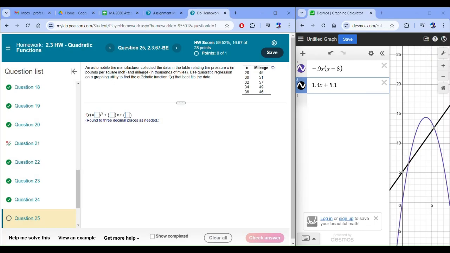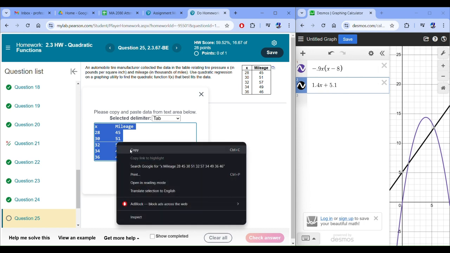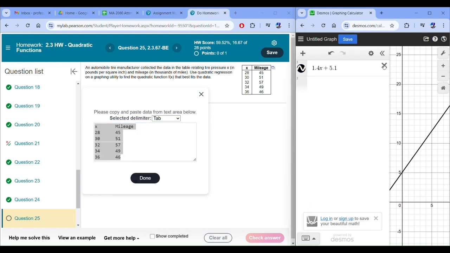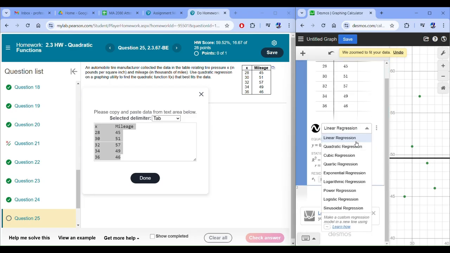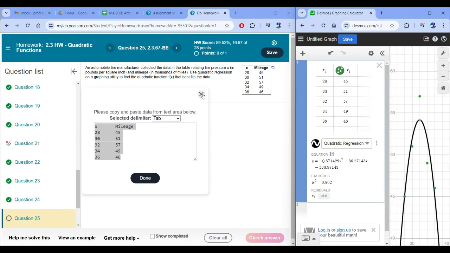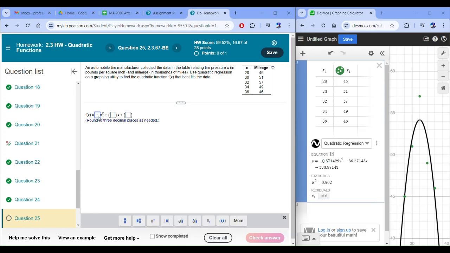So here we need to get regression. Copy to clipboard. Here's where it's going to get interesting. Can I just paste this in Desmos? And then can I do add regression, and can I put it as a quadratic regression? Does that work? And then can I just say that it's going to be 3 decimal places, huh? Negative 0.571